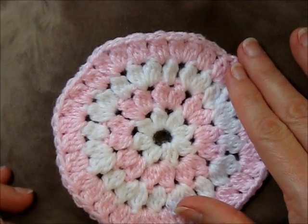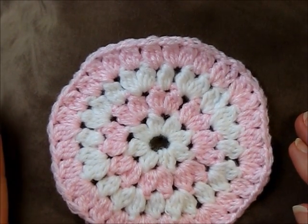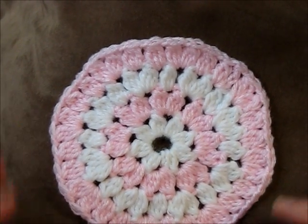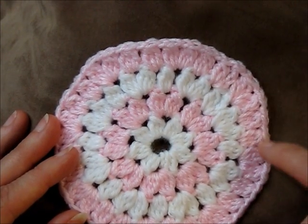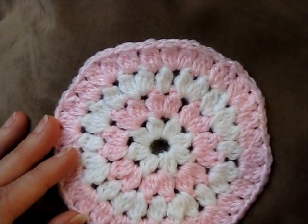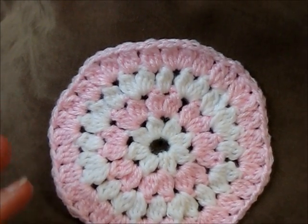So, according to the pattern, we're through with our increases. And what we're going to continue to do is alternate colors any way you want, and in each one of the spaces, each chain 1 space that is, you're going to do 1 cluster. And you keep on going around until